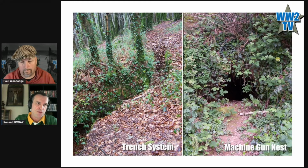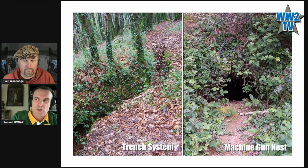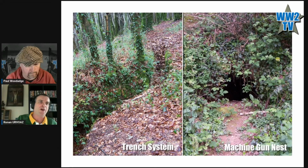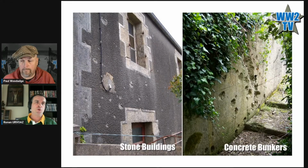According to the Second Engineer Battalion, this was the highest density of booby trap mines they ever came across. And we are talking about a daisy chain of 4 to 5 torpedoes underneath a road that could blow an entire convoy. Any shell, any grenade would be set with pressure plates, tripwire, or remotely electrically charged as well. So if you move on to the next slide,